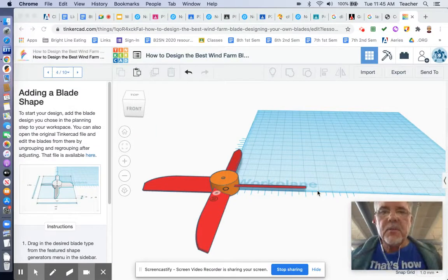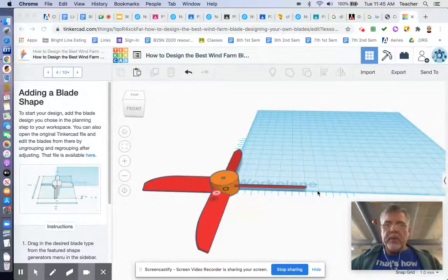Hi, ladies and gentlemen. So today we're going to be working on some projects. Now, not everybody's going to be working on the same project. I'm going to give you a chance to choose your project. But I thought I would start by showing you one of the techniques that is used in